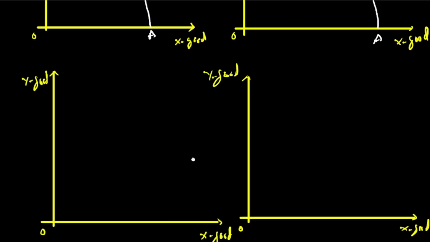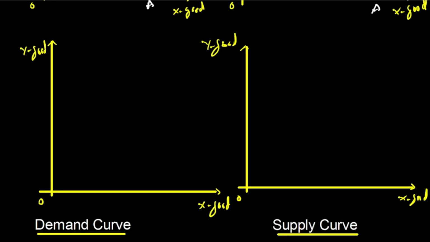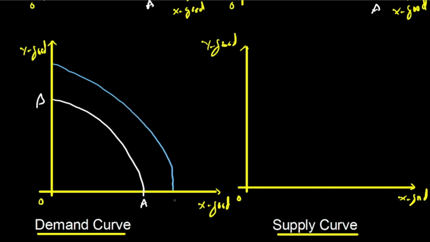Okay, so the next thing that you must know is that if there is an improvement in technology, discovery of new natural resources, or an increase in investment, or an increase in the labor force, or in their training and education, then the graph will shift to the right from AB